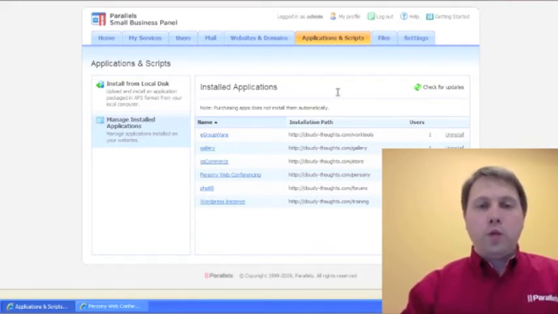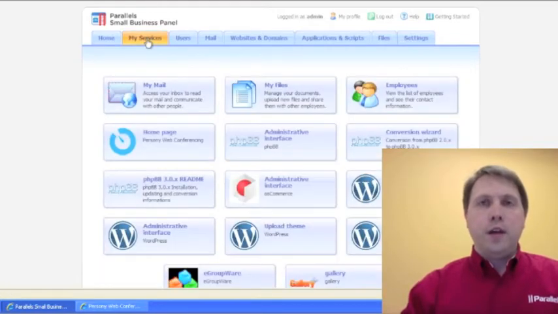One of the things that we're going to focus on today is Persony's web conferencing. One of the critical pieces that any small business has to have is communications, and web conferencing is becoming an increasingly important part of that as people are not able to travel long distances due to the economy. So we've switched over to the My Services tab, and in Small Business Panel there's role-based access to